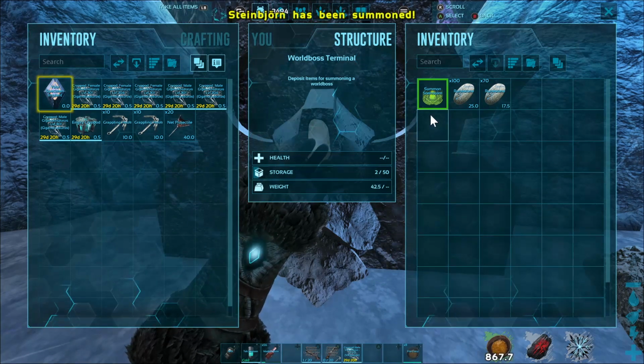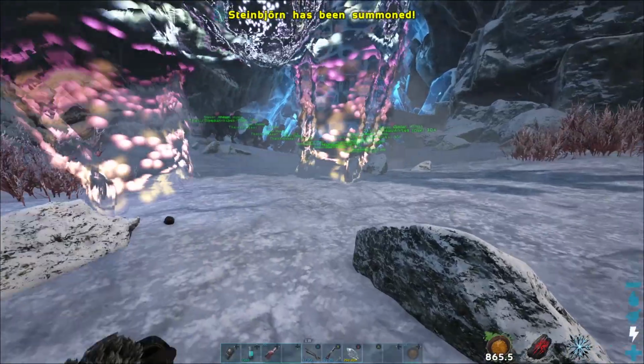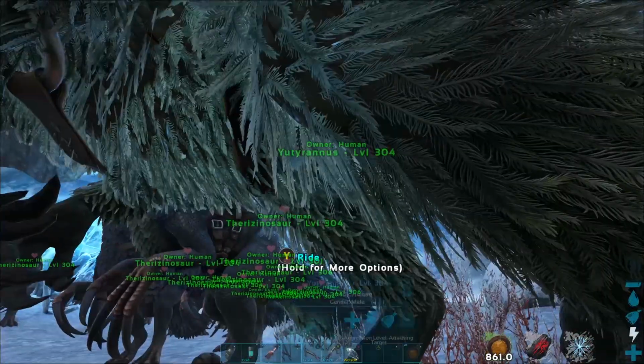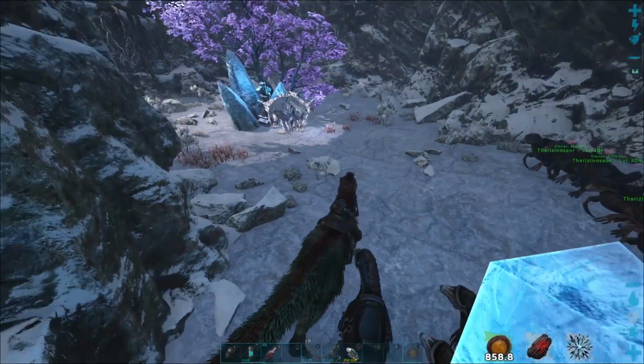So let's give it a shot though, because if you're going to fight bosses, you're going to need 19 Therizinosaurs and a Yutyrannus anyway. So that's what we're going to use on this guy. One of the things about this cave though is it has a